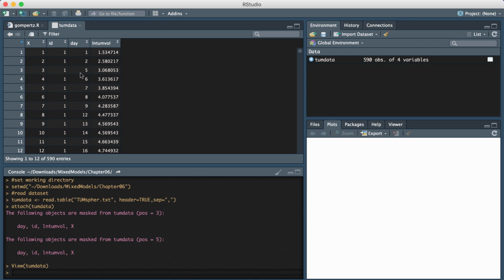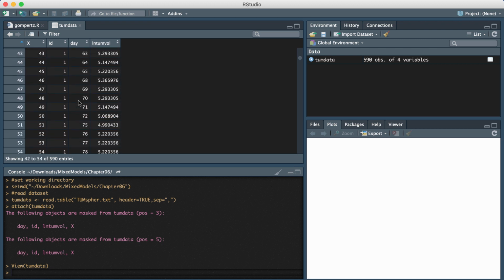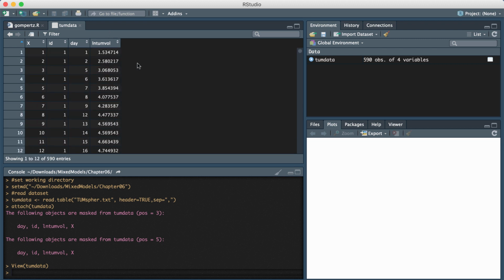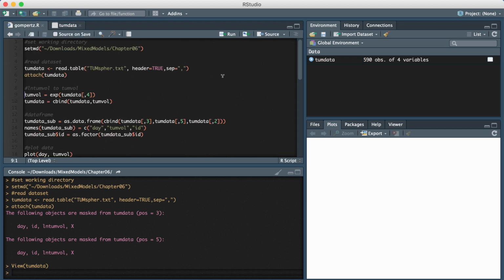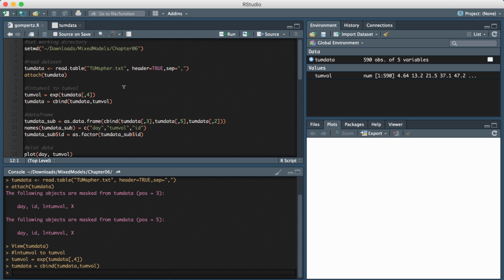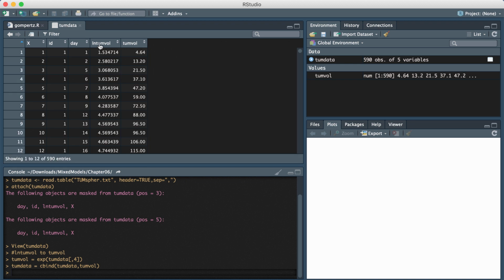The variables of interest for us are the days, which is our time t, and then it has recordings of the volume of a tumor cell. I believe the volume is recorded as what's called a spheroid, which is how you calculate the volume of a tumor from what I've read. The original data set gives it in natural log of tumor volume, but I wanted the original tumor volume. So I converted the log back to its original by taking the exponent, and I added that to the data set.